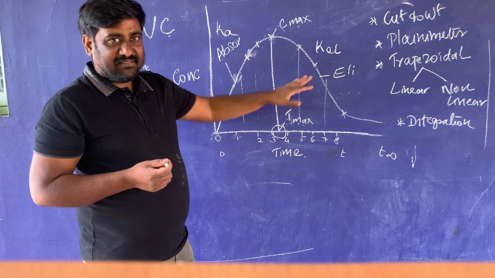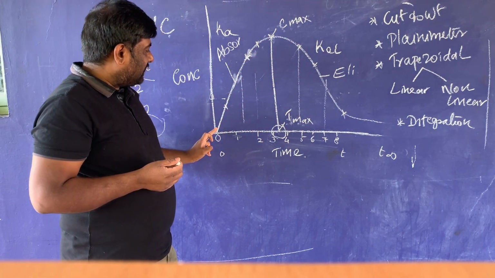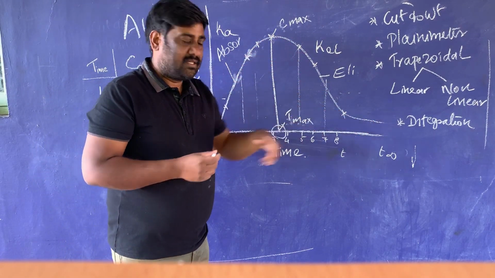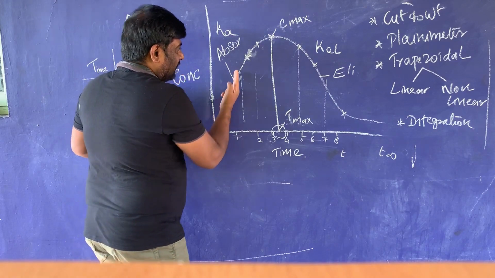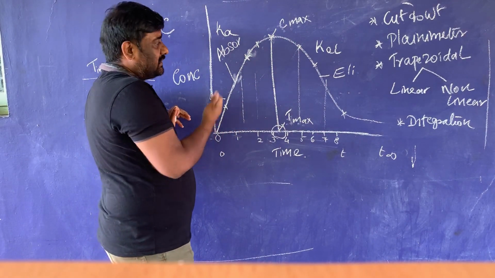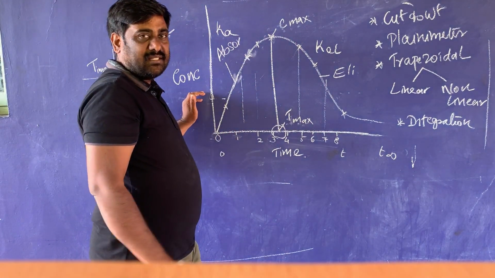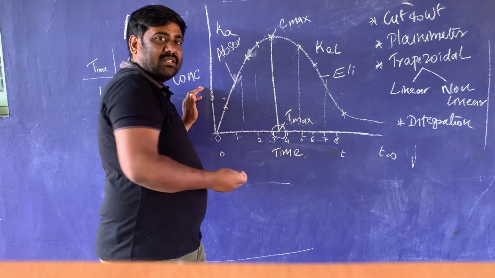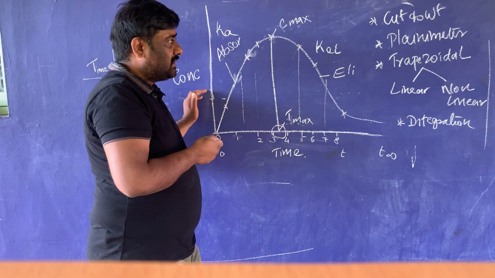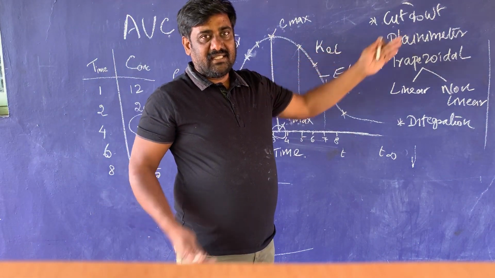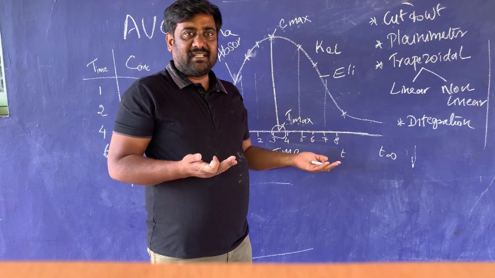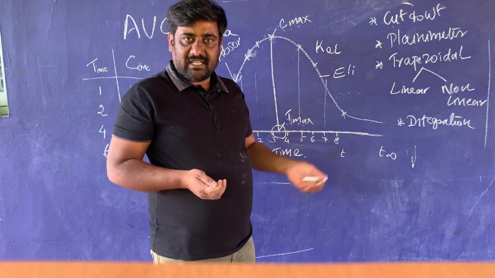So now the cut and weigh method is nothing but we have to exactly cut the graph paper on the curve where it goes. So we have to take the scissors and cut the graph on the curve and remove that. So again, for the same, another formulation graph is plotted, that graph is also cut and the two areas of the graphs are separately taken. So those weights are taken and compared. Formulation A or formulation B. The weight of formulation A, the weight of formulation B is compared. So we will get relative bioavailability.